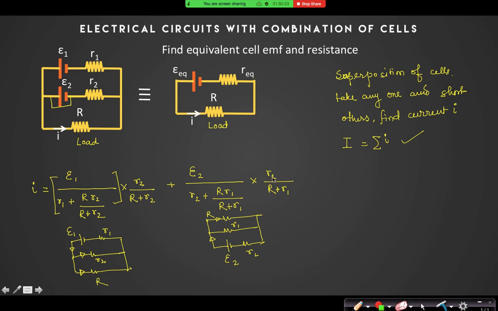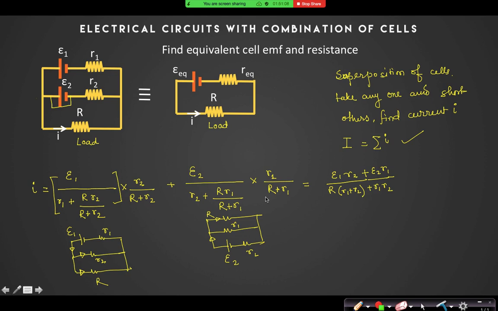Now you can identify that you can find what is the current. E1, if you just simplify that, it is E1 divided by E1 into R2 divided by capital R into R1 plus R2 plus R1 R2, and this is also capital R, the same thing. So it is E1 R2 plus E2 R1 divided by R1 R2 plus capital R into R1 plus R2. Have you got this as your current? Yes, sir.